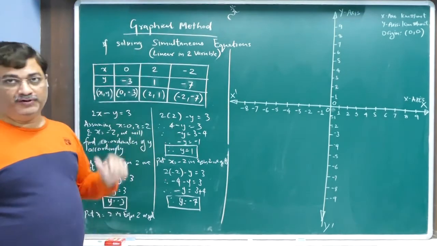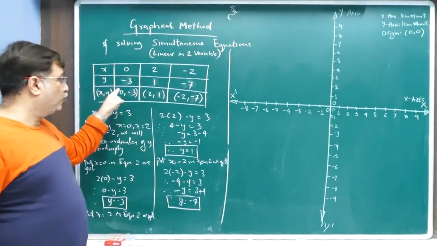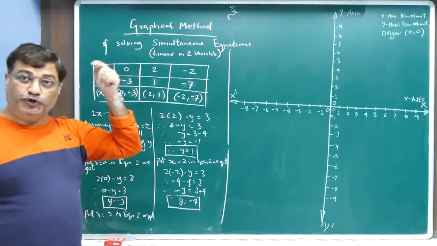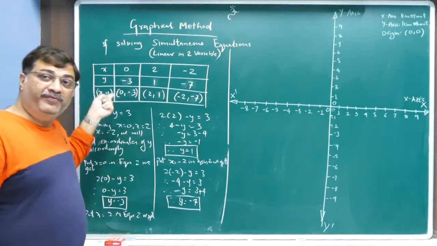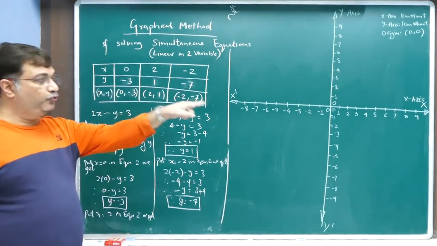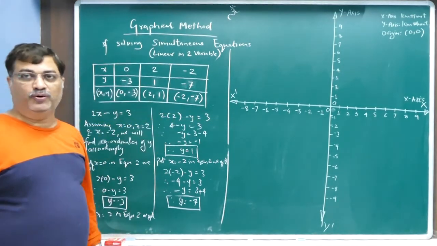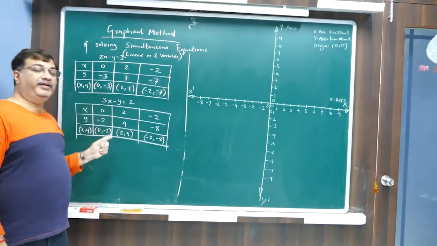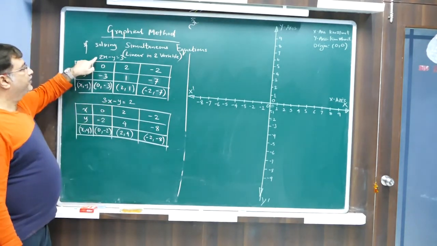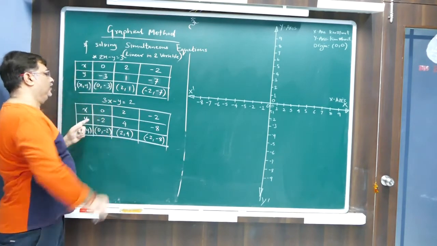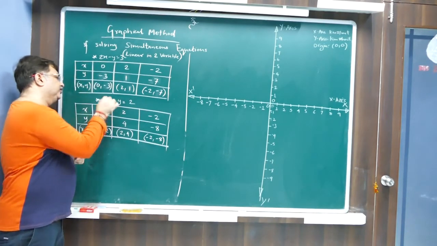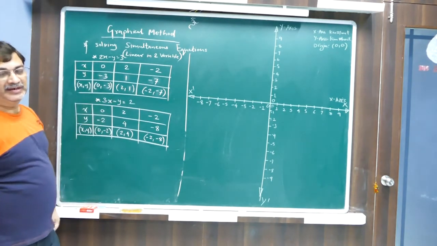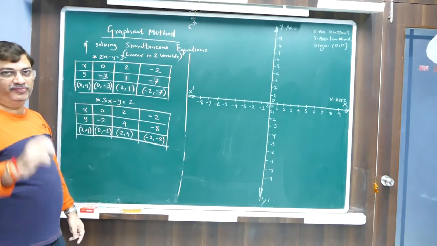How to plot the graph? Let's see how to plot the graph for this coordinate table. Then you will plot the line for the first coordinate table. You are going to plot the line and then we see how to solve the problem. Alright? We have the two tables ready with us. This table is for this equation here and this coordinate table is for this equation here. We have to plot these two on the graph paper on the right hand side of your graph board.